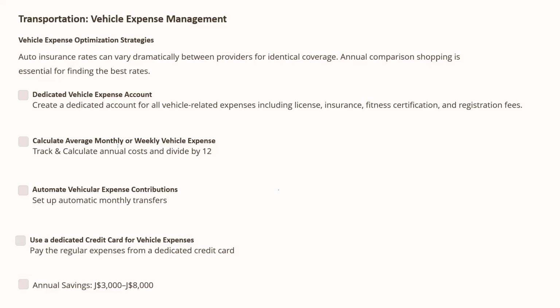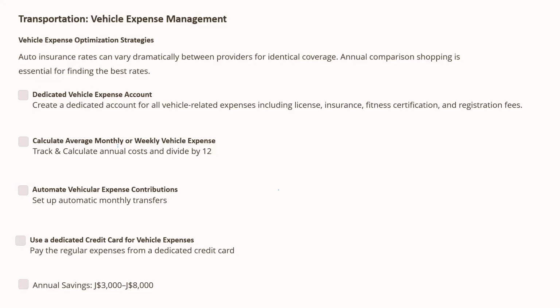Now, a few other things that you can do, especially as it relates to optimizing your vehicle expenses, I would have spoken to creating a dedicated account for all vehicle-related expenses. So this would include your license, insurance, fitness, registration, and a lot of what you can do with this account is basically use that account. You can fund that account over time, but also when the time comes to make these payments, what you can do